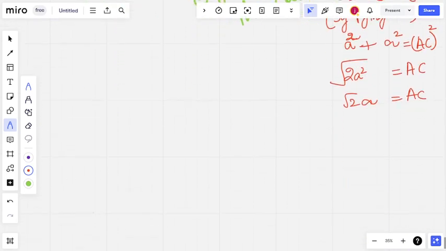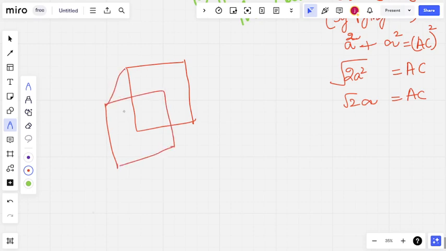If somebody asks about calculating the value for the body diagonal, first of all we need to know what the body diagonal is, then only will we be able to calculate its value. If I join this corner and this corner, suppose in the room you are sitting in, the corner of the ceiling and the corner of the floor are opposite, one in front and one at the back. And then if you join these two corners you will get the body diagonal.